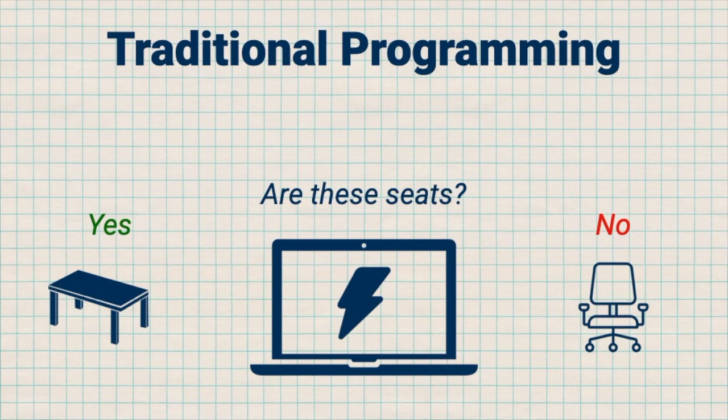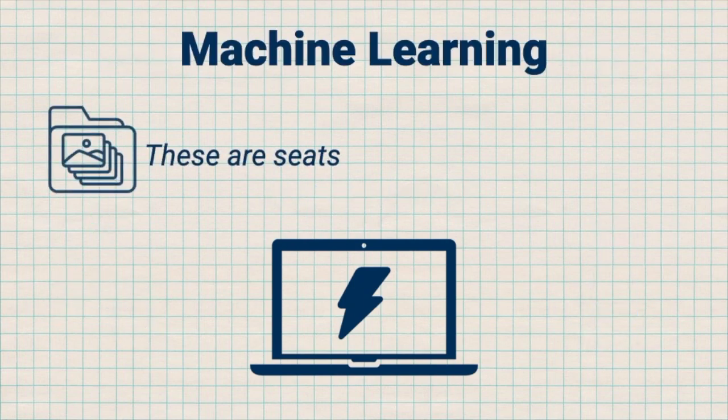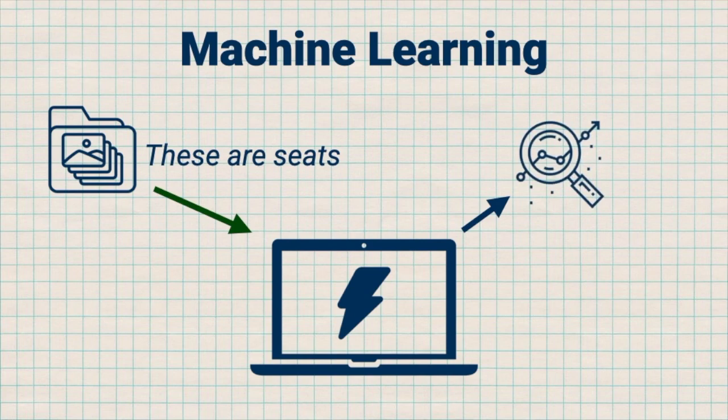But with machine learning, you can feed the computer as many versions of a seat as possible, so that the software can see patterns for itself and start to see trends emerging. These machines can see many more versions of a seat or a cat or a dog or a car or so on than any one human could in multiple lifetimes, making it extremely powerful. This is also why data is valuable, because it can help train these machines.